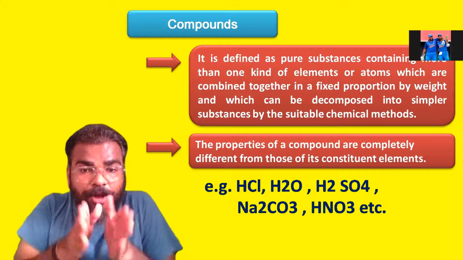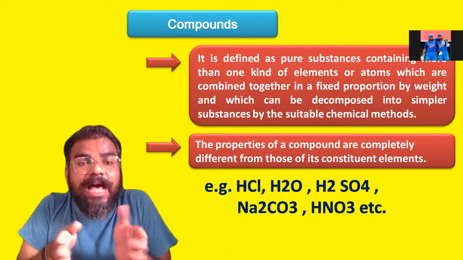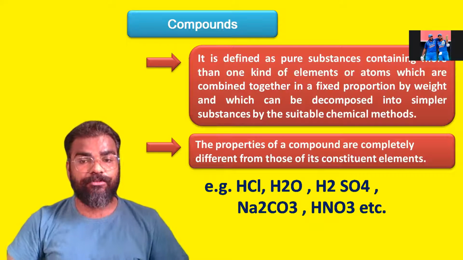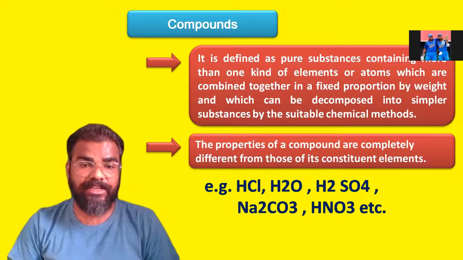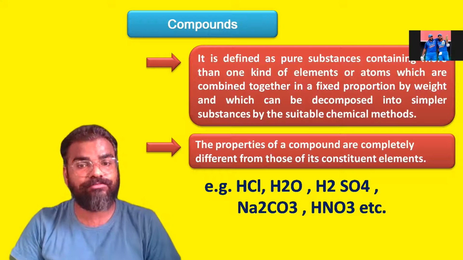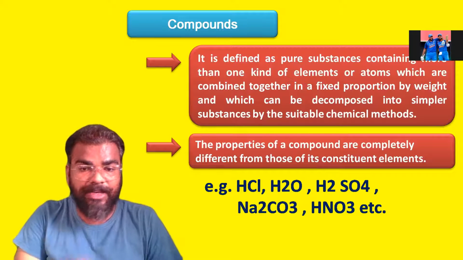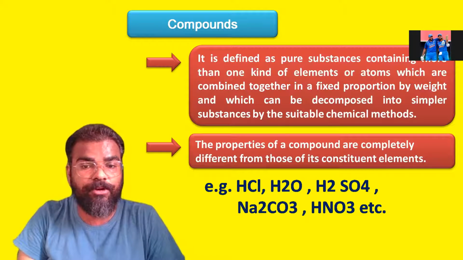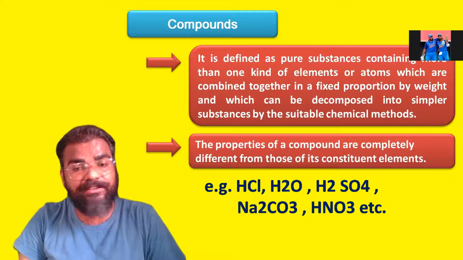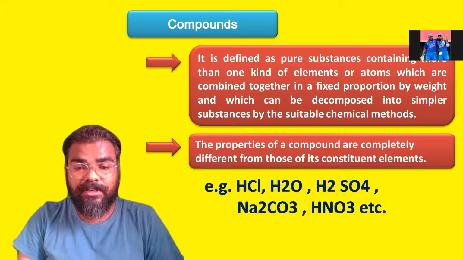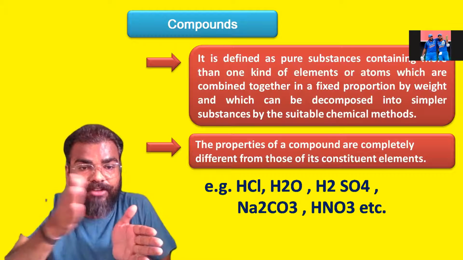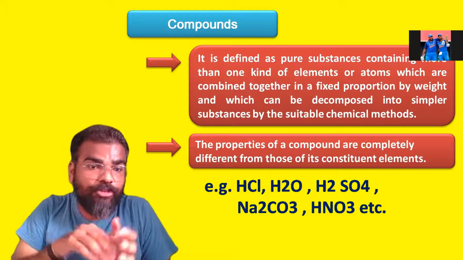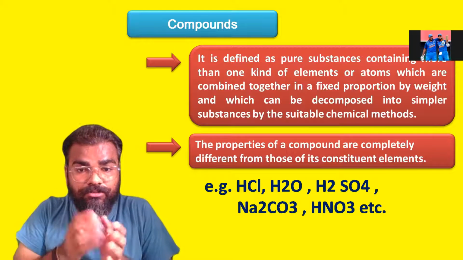Now, the properties of a compound are completely different from those of its constituent elements. Let me give you an example. Here we have HCl, H2O, H2SO4, Na2CO3, HNO3, etc. If I give the example of water, hydrogen and oxygen, when both of them combine,